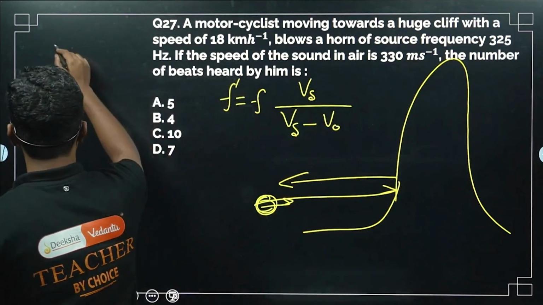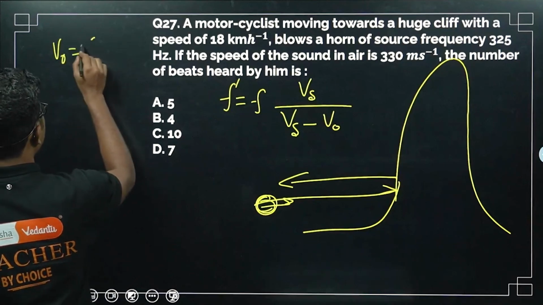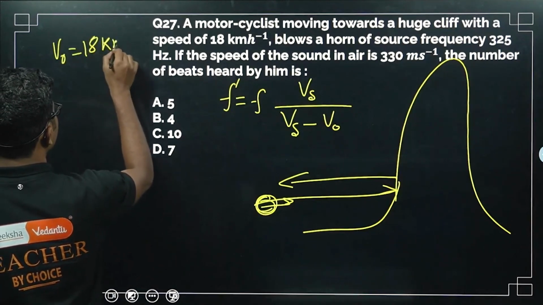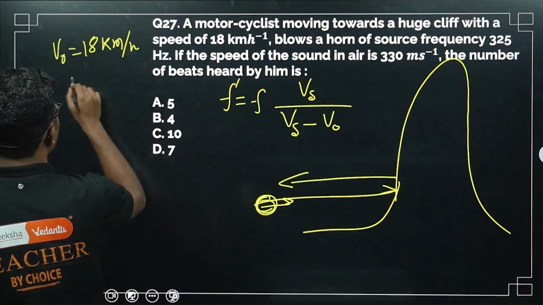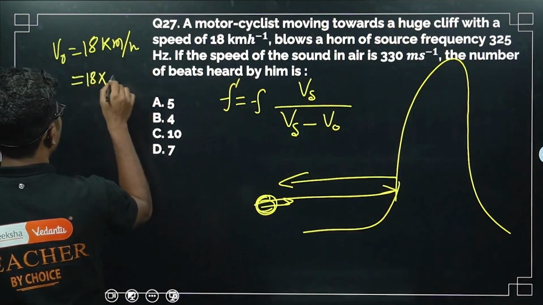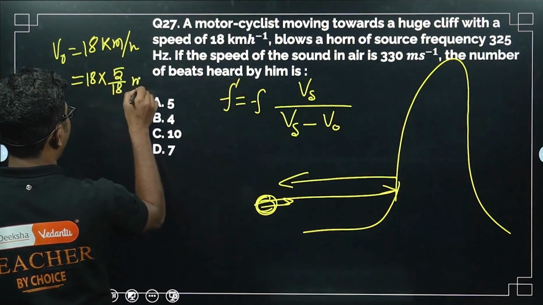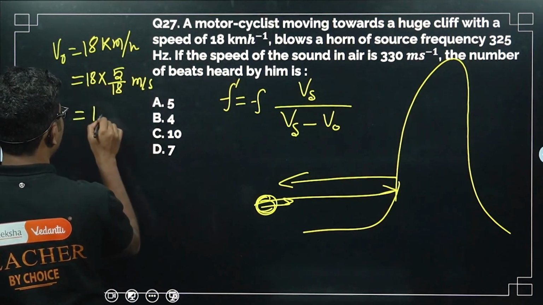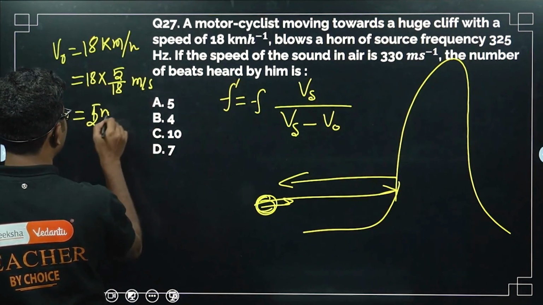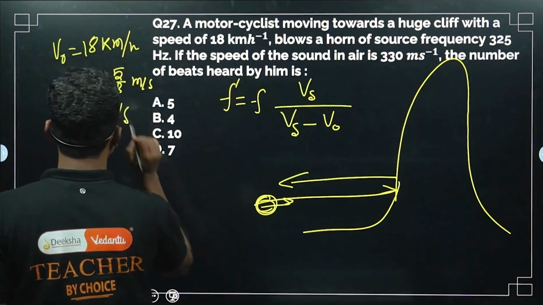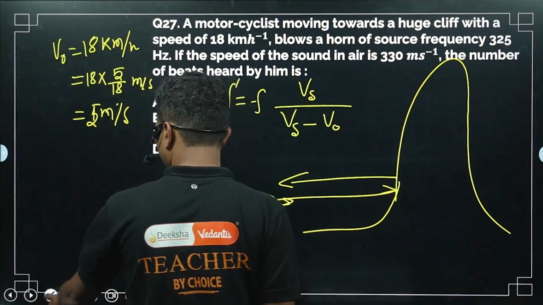Okay, so here the velocity of the observer is 18 km per hour, sorry. It will be 18 times 5 by 18 meter per second. It will be 5 meter per second, right? This is the speed of the observer. Now,